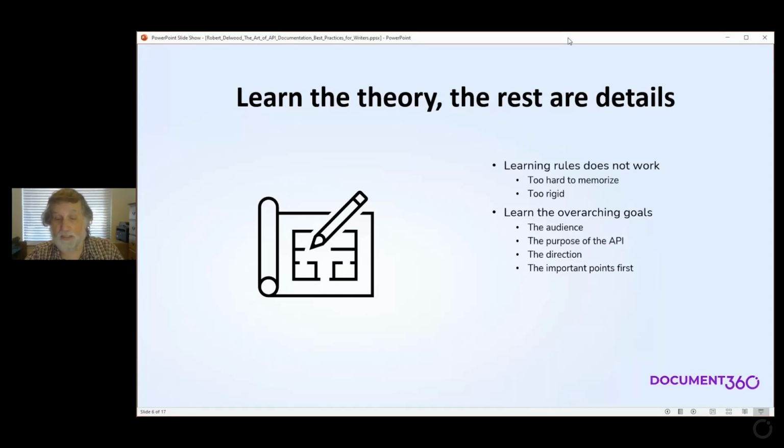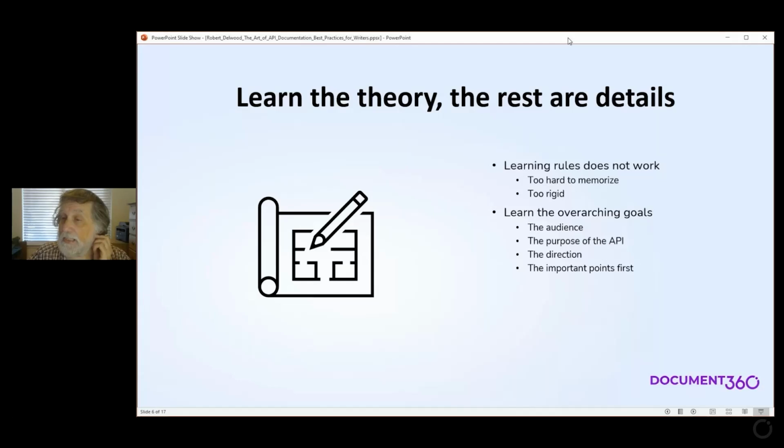doing things. So I'd like to say that API writing can be summarized into a bunch of individual rules. Write it this way and include this and that, and that you would get to the endpoint. Unfortunately, rule-based writing like that just doesn't work. First of all, there's too many rules, and you'll never be able to memorize or remember all those rules, and that approach creates a very rigid, very inflexible set of